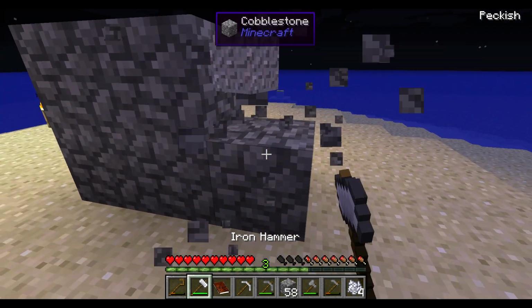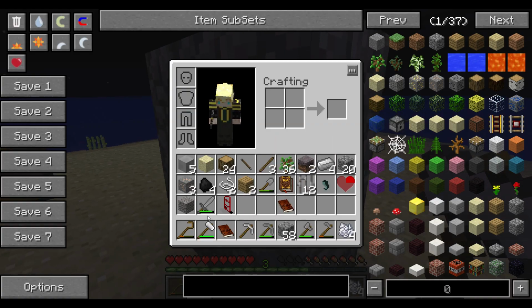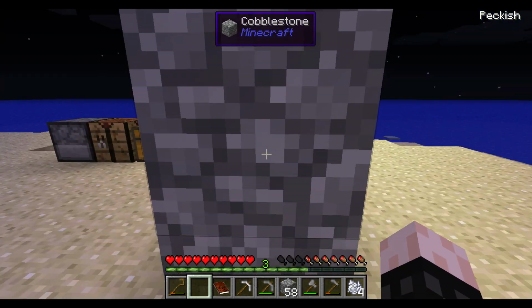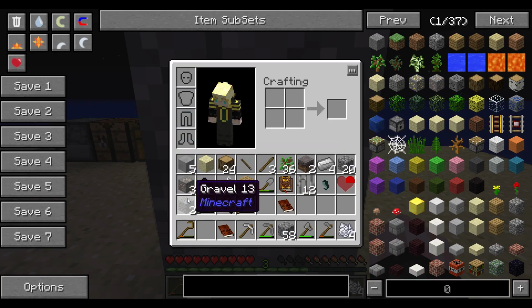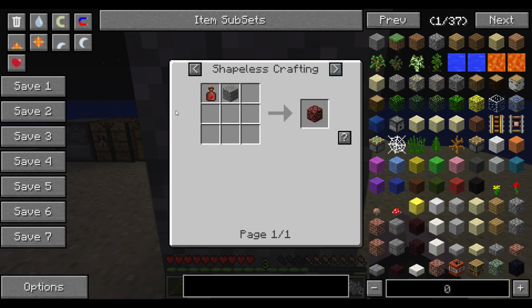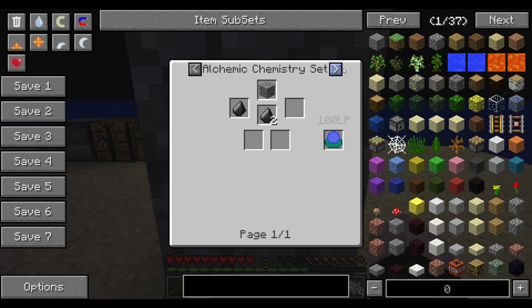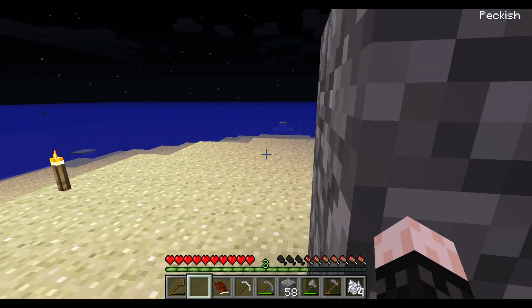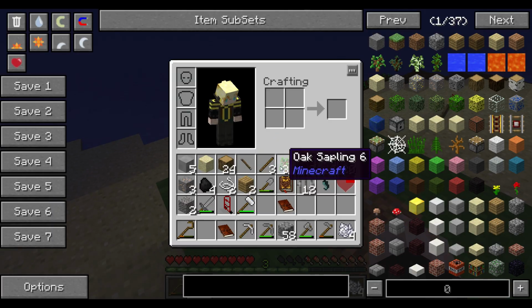If you break a hammer, you get gravel, which you can sift to get. Oh, I did not know you can do that. Interesting. Oh, I guess this pack doesn't have the NEI plugins for